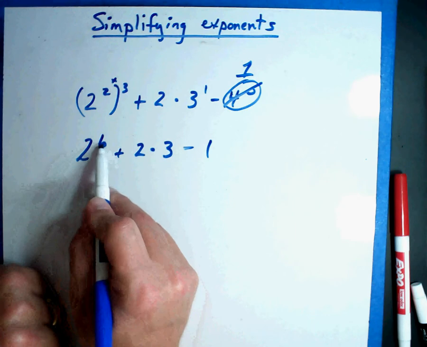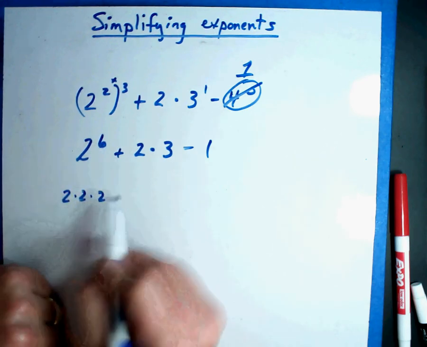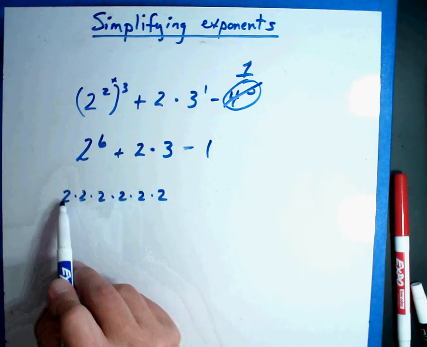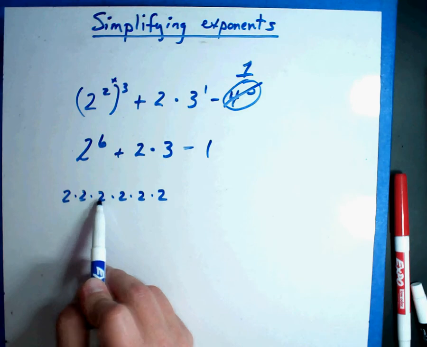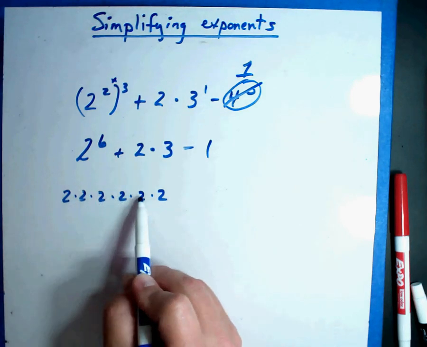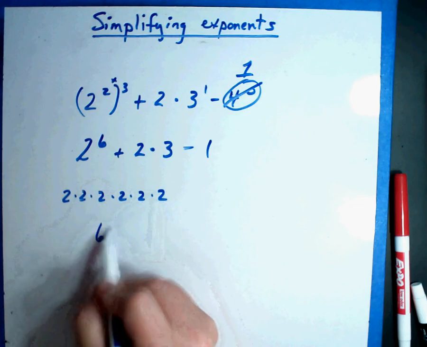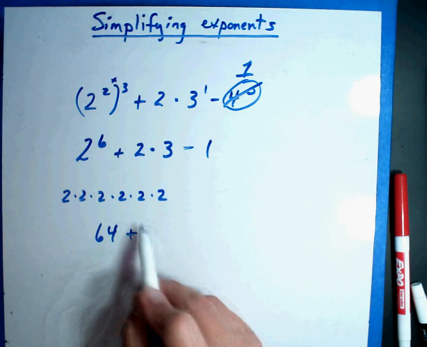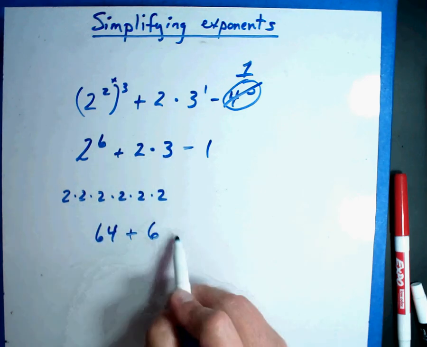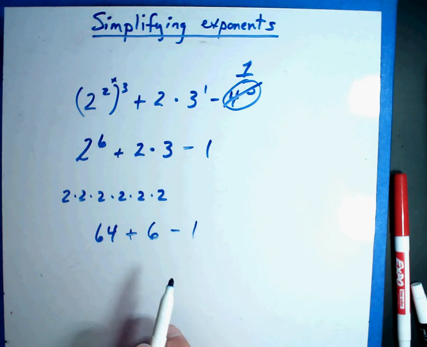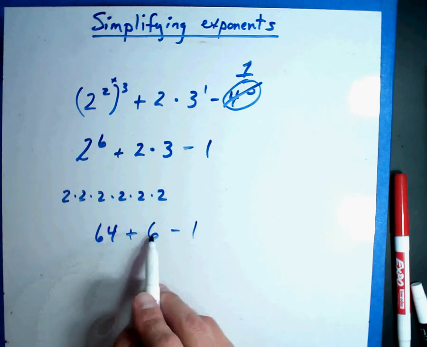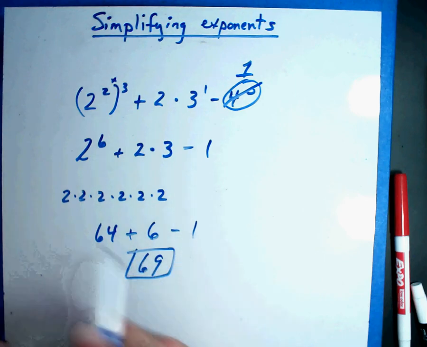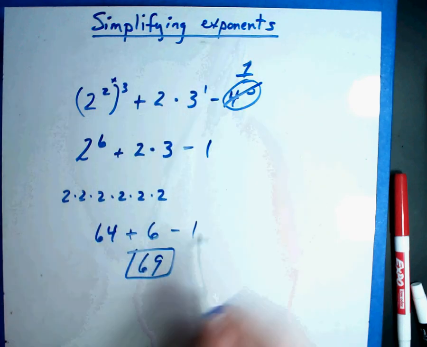2 to the 6th power, that means 2 times 2 times 2 times 2 times 2 times 2. 1, 2, 3, 4, 5, 6. I can do this math. 2 times 2 is 4, times 2 is 8, times 2 is 16, times 2 is 32, times 2 is 64. If you're not sure, do it on your calculator. Plus 2 times 3 is 6 minus 1. Oh, okay, so 64 plus 6 is 70 minus 1, 69. There's my answer. And so you can simplify your exponents pretty quickly, whether it's a bunch of x's